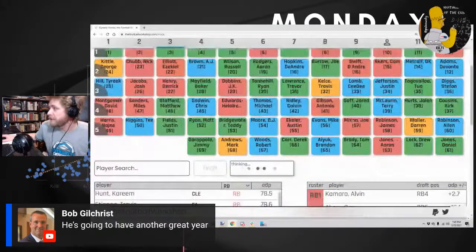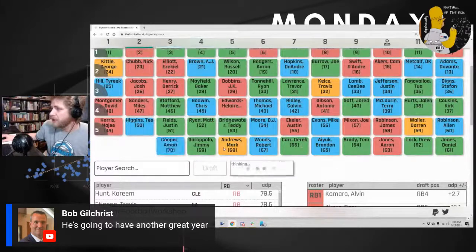Aaron Jones, Tom Brady, Brandon Aiyuk, which is good to see. I was worried people were like, I don't want to take him, but if he's falling from here, he starts to become really interesting because he had a great rookie season. Derek Carr, Robert Woods, Mark Andrews, just more tight ends. Jimmy Garoppolo. I mean, sheesh. Team 4 is getting a little desperate on the quarterback issue right now.